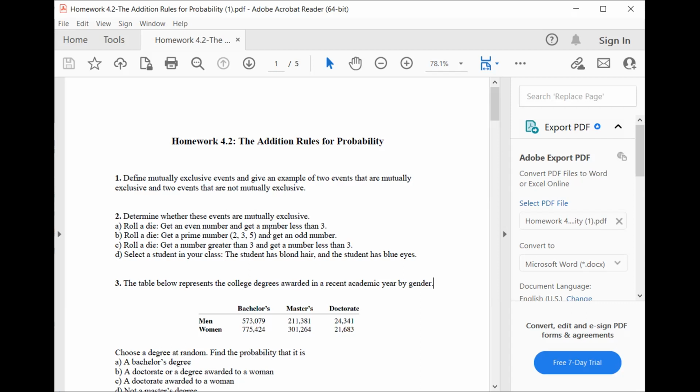Yeah, they overlap. So that would mean they're not mutually exclusive, right? B is not mutually exclusive either, because odd numbers are 1, 3, and 5. Right? You stop sharing. Oops, my apologies. That's fine. So here,